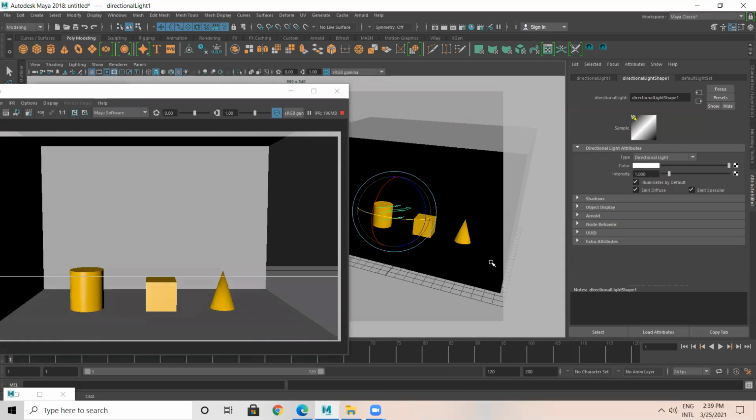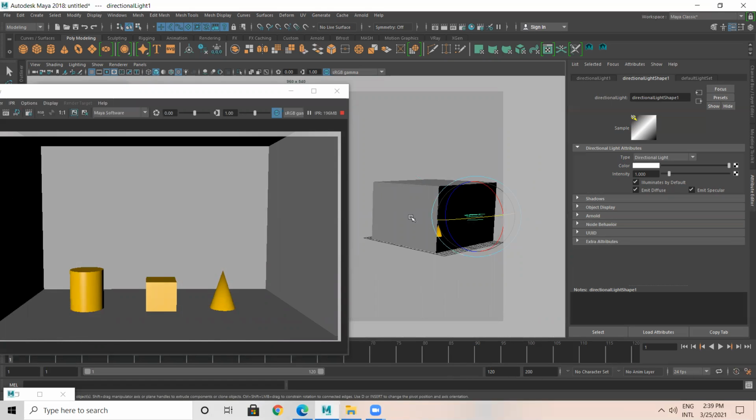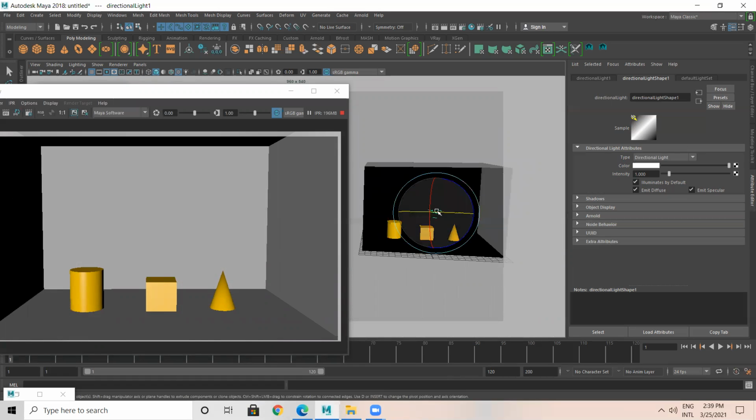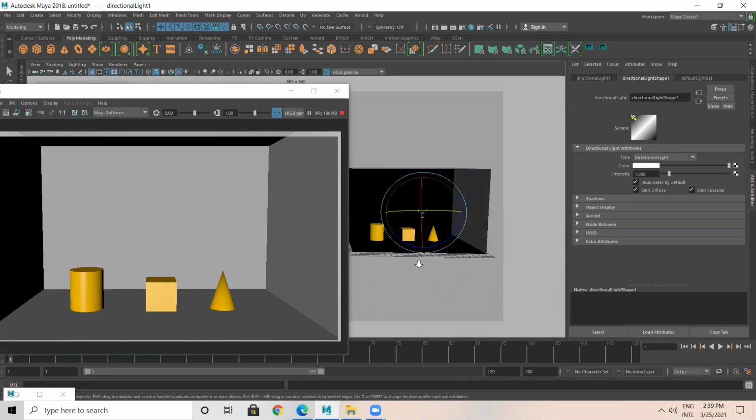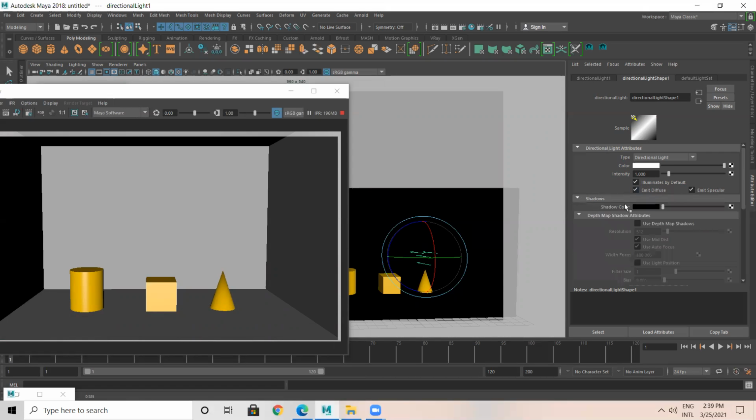You can use direction light for sunlight. Let's say for example you have a window here. Assume this room is closed, there is a door and there is a window here. When the light direction comes from here, you can use this as sunlight, and automatically the light will fall over here. So you can use this direction light for sunlight or direct lighting. Direction light also has illuminates by default, emit, diffuse, specular, all these are the same. There is something called shadows; we will see shadows in the next session. Direction light you can use for exterior and for interior scenes.